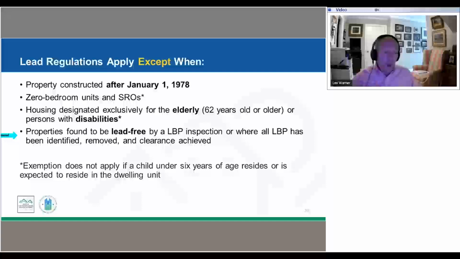And so that property then can be documented as being lead-free. So in that example, we then are exempt from the lead-safe housing rule, but you need to have that documentation in place. And I think one of the themes that you're going to see here is that good record keeping